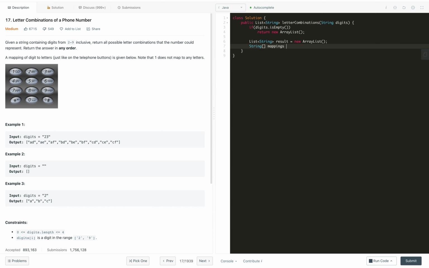Let's call it the mapping array. Initially we will store two empty strings, and after that we will store ABC, followed by DEF, followed by GHI and so on. Then JKL, MNO, and next PQRS, and the rest TUV, and the last one is WXYZ. So once this is